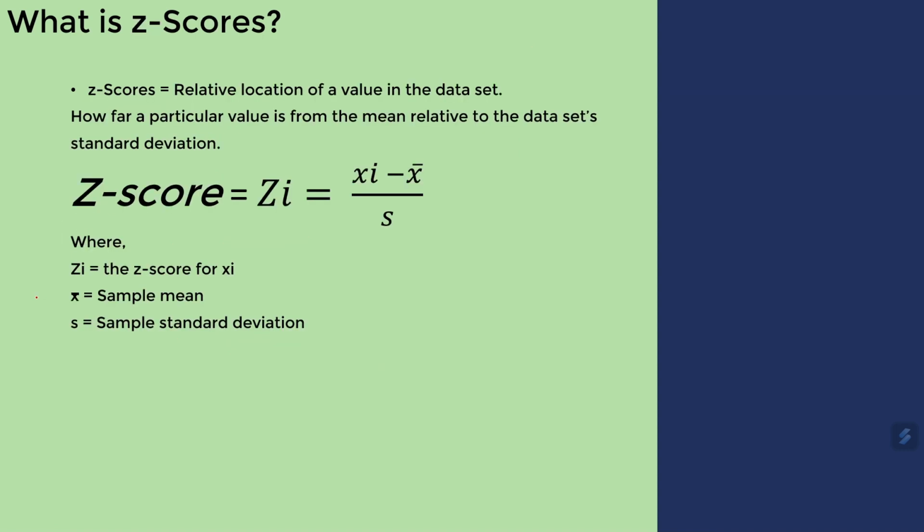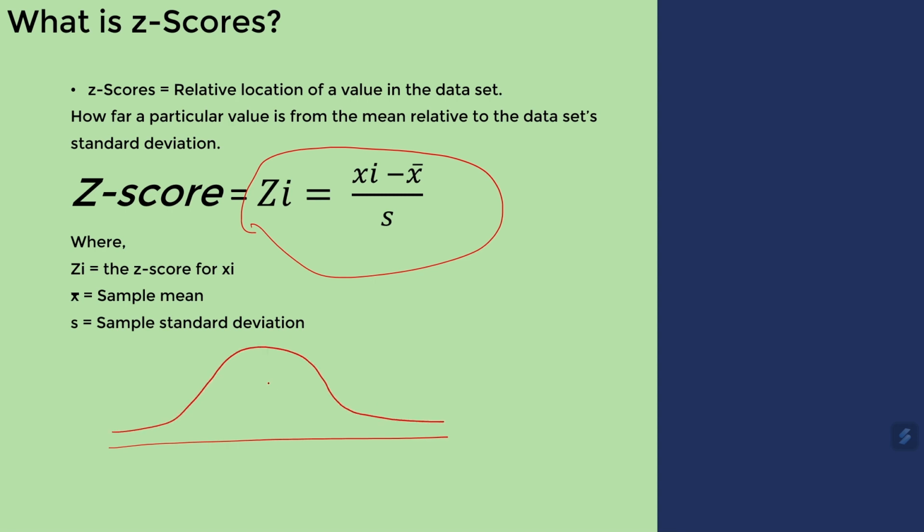That's it. Last but not the least is going to be Z-score. The definition says it is the relative location of a value in the data set, how far a particular value is from the mean relative to the dataset's standard deviation. So just remember this formula for now, because the concept of z-score can be well understood with the help of